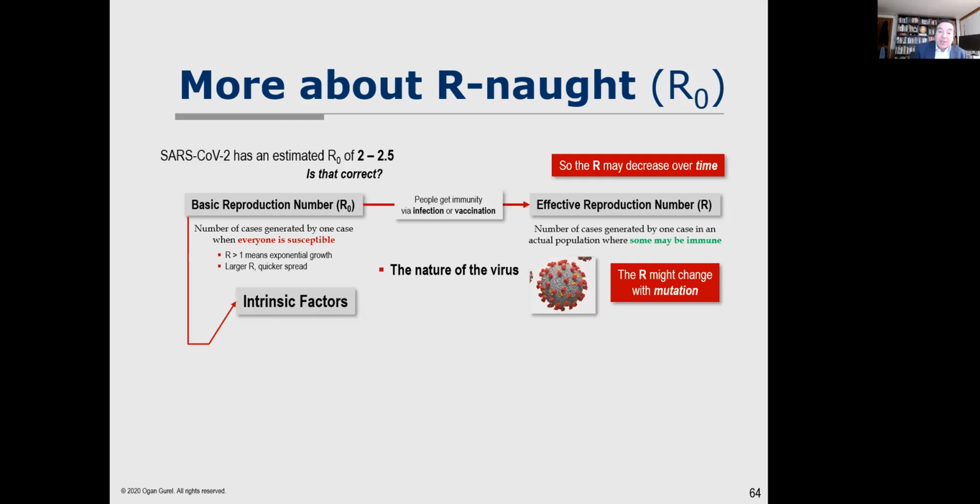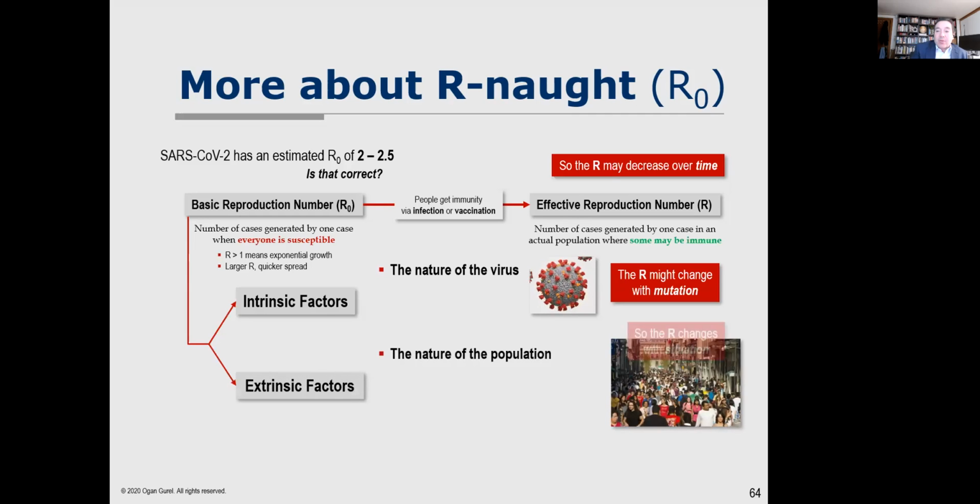These are the intrinsic factors, and that R may change with mutation. So the virus may get more transmissible, may get less transmissible. And then the extrinsic factors, which are related to two things: the nature of the population